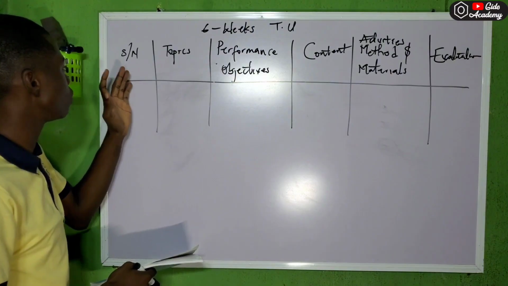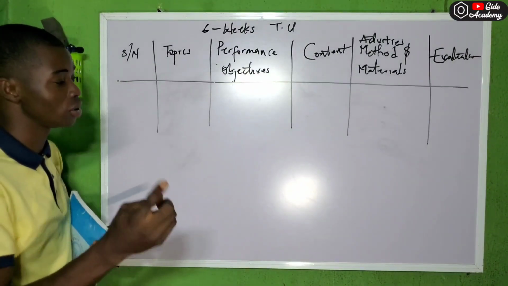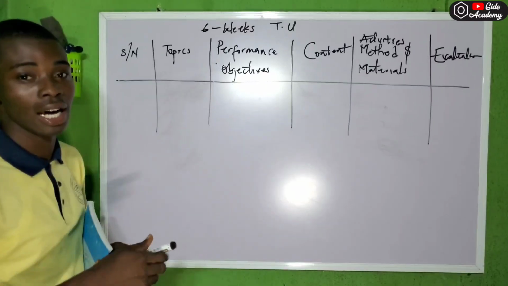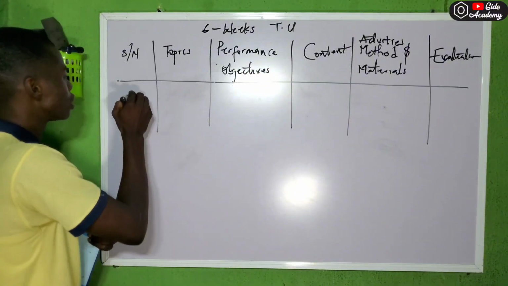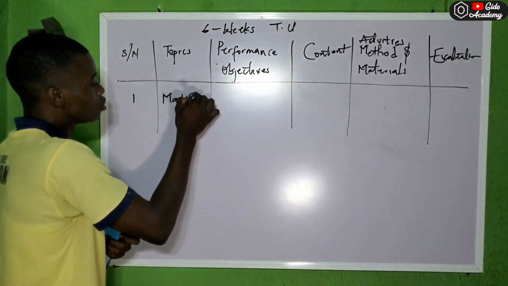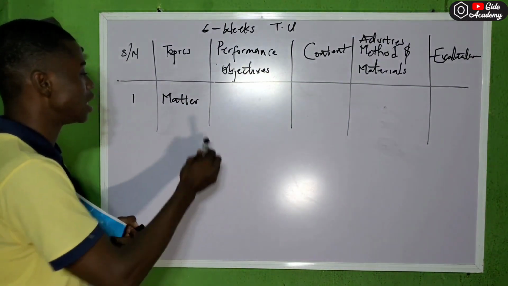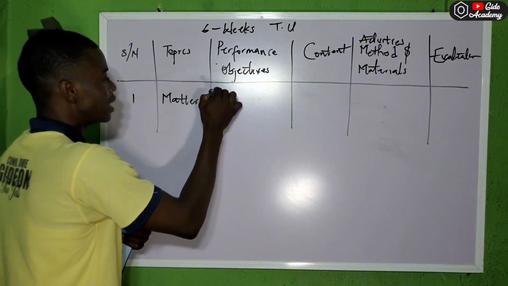If you look at this very well, let's assume we are going to be teaching six topics, teaching twice in a week. Let's assume in my first week I will be teaching matter. I want to teach something that everybody is familiar with, so that I can easily relate. Matter. Then my performance objective will be, by the end of the lesson,